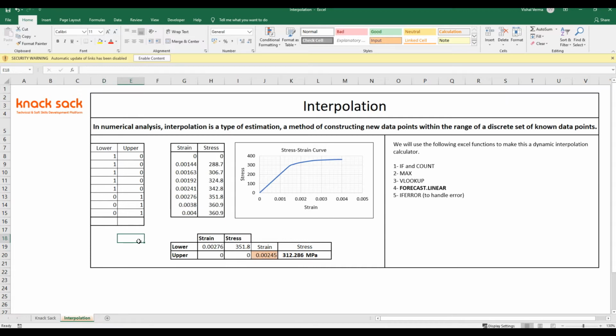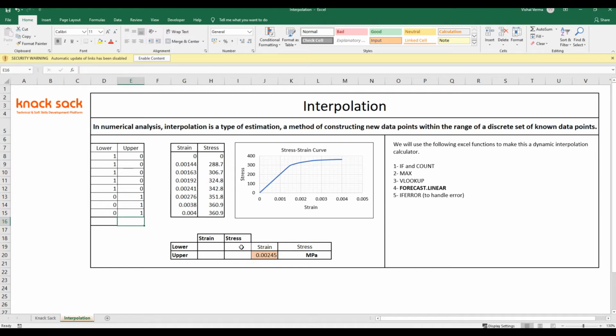So how will we achieve this? We will use the VLOOKUP function to get these values corresponding to the lower values and upper values that we have counted here. Again, there is one limitation of VLOOKUP.